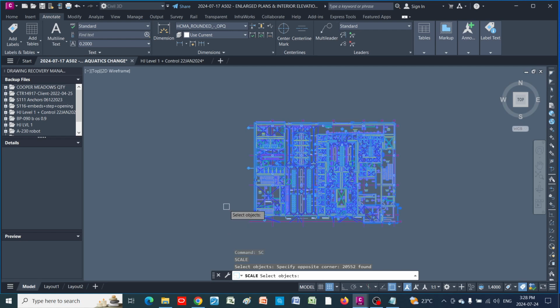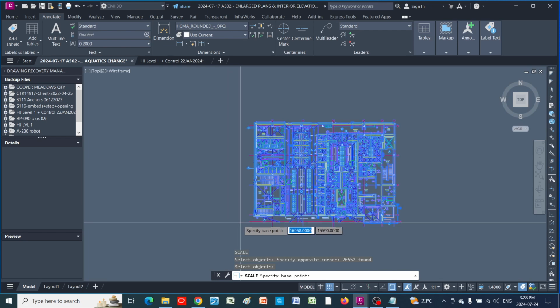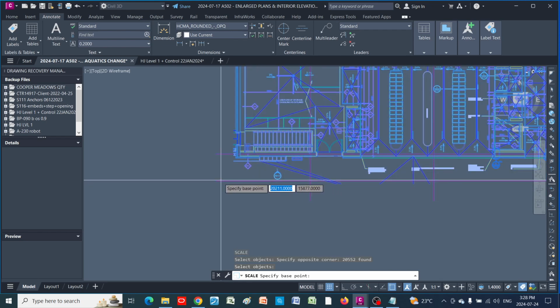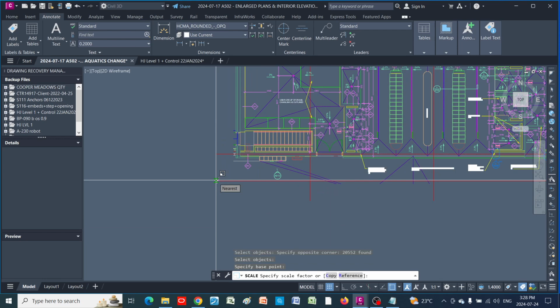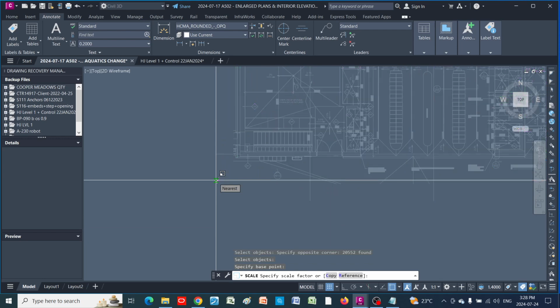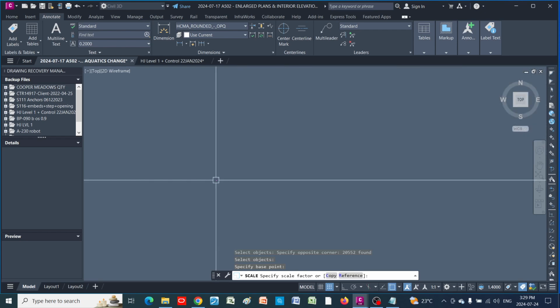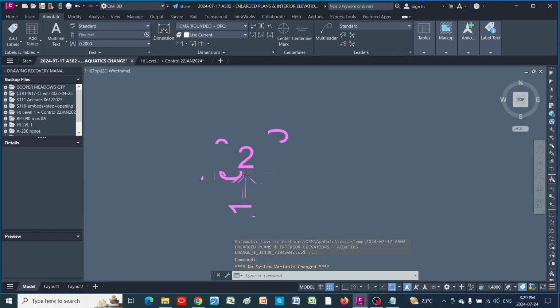I'm gonna hit OK. Now it's asking for a base point. I'll just click on this as my base point, and it's asking for the scale factor. My scale factor for millimeter to meter is 0.001. So I basically make the drawing smaller, right?